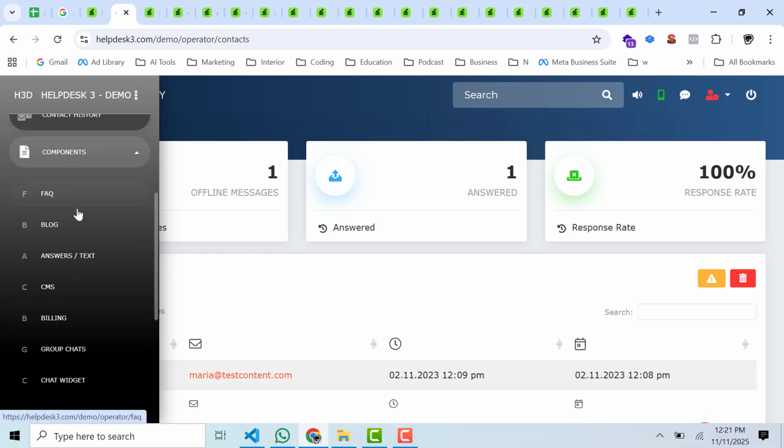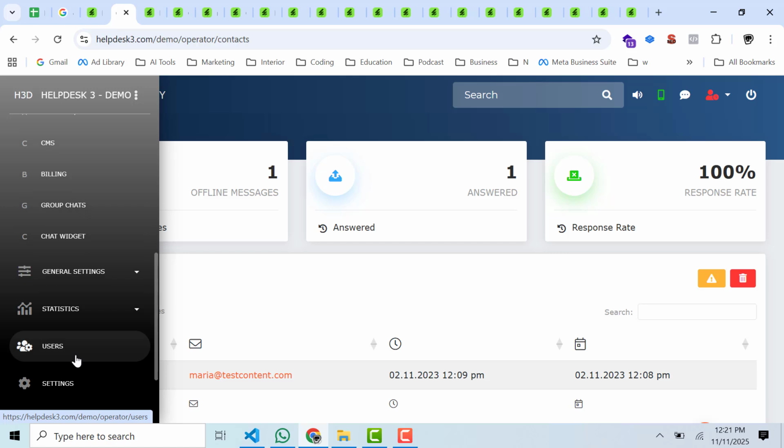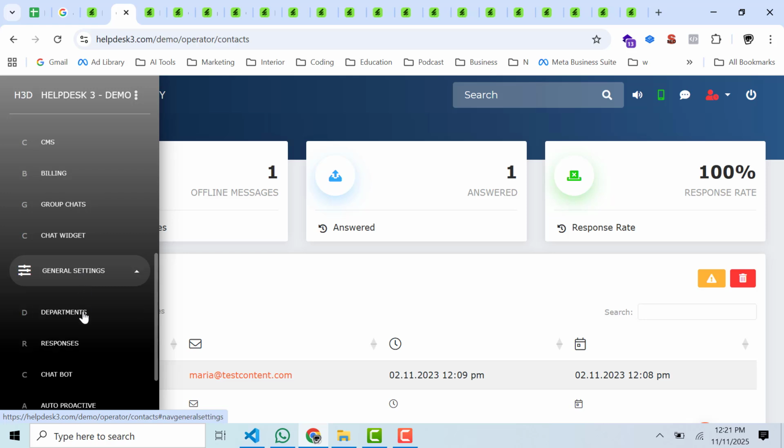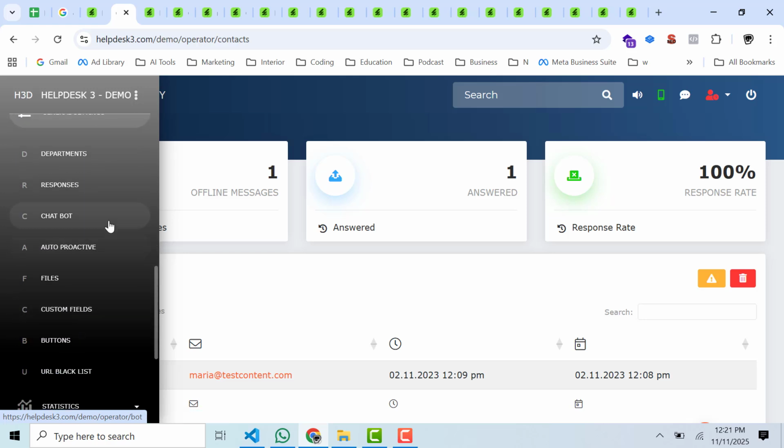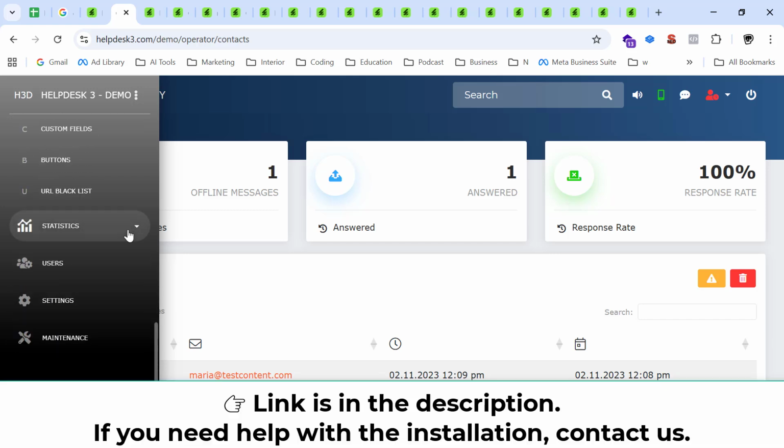Components: FAQ, blog, text, CMS, link, group chat, chat widget, all you can customize. General settings, chatbot, auto reply, filter, custom field, button, all you can customize. Then status, offline visitor,